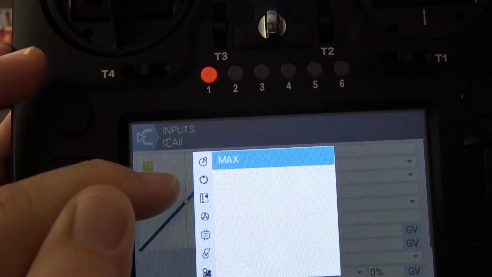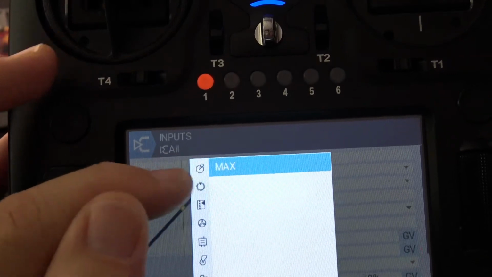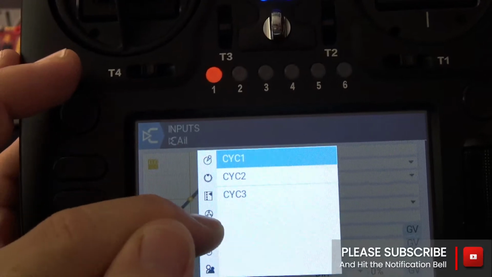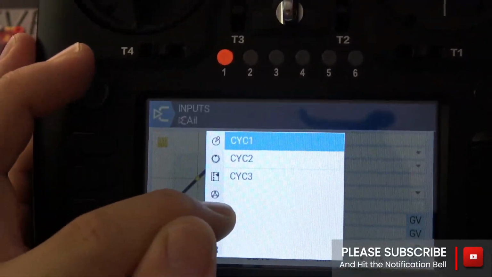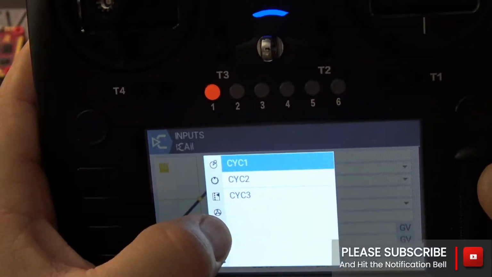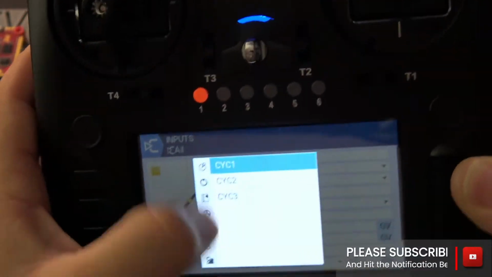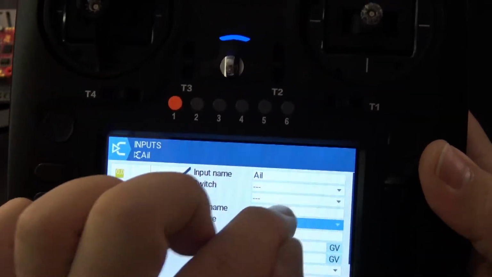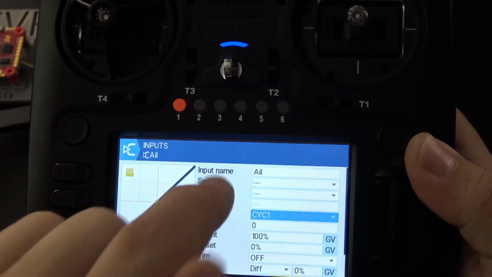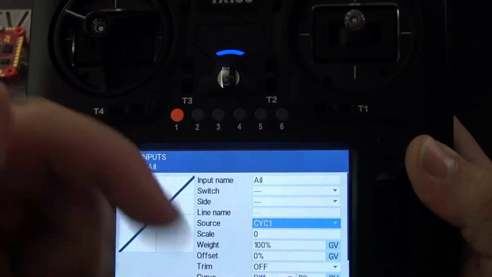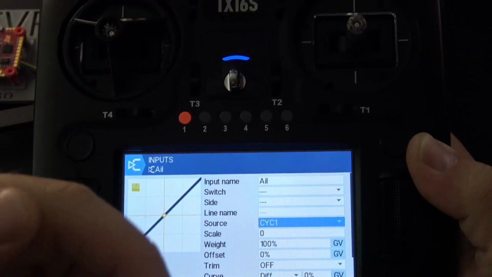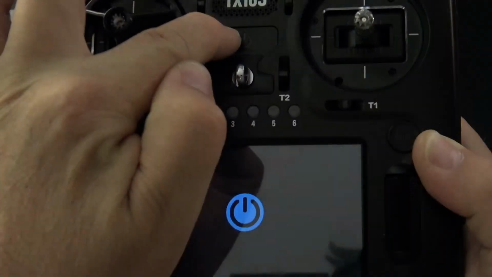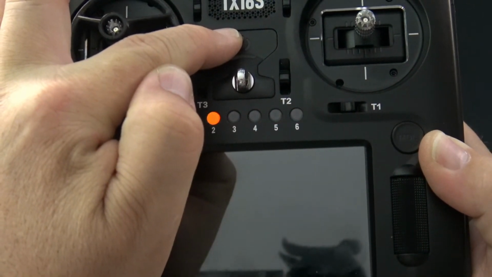And then the next one down are going to be system options like max and on. And then the next one down are heli options, so for cyclic. And then the next one down are trims. Come on. Oh, hey, there we go. See, when it comes to the touch, we're trying to find ways to repeat if there's a touch error, how to make it repeatable. So that was a good one because I was just kind of scrolling through the options, but I'm going to go ahead and close this because we kind of need touch for that to work.